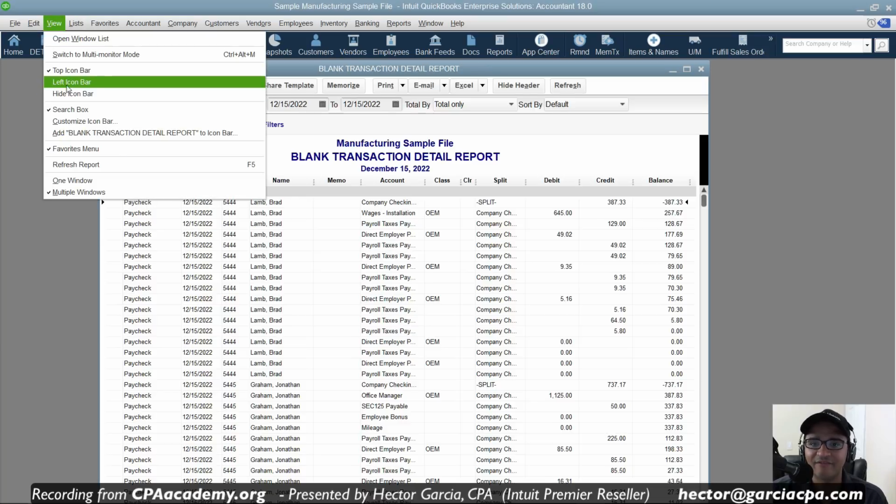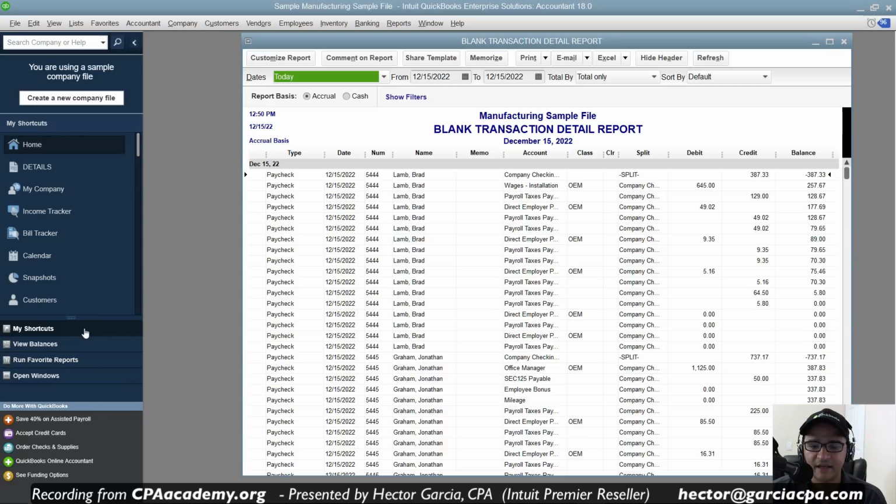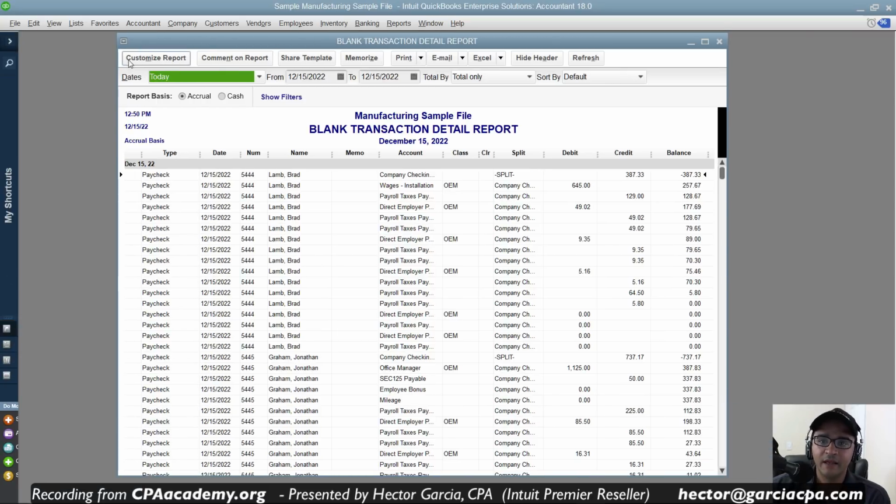Now, if I have a left icon bar, not the top icon bar, that's also going to sit right there under home. So it will give you the same effect whether you have a left icon bar or a right icon bar. Okay, perfect. Okay, so that's a transaction detail